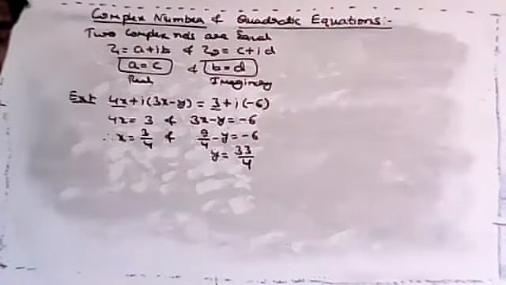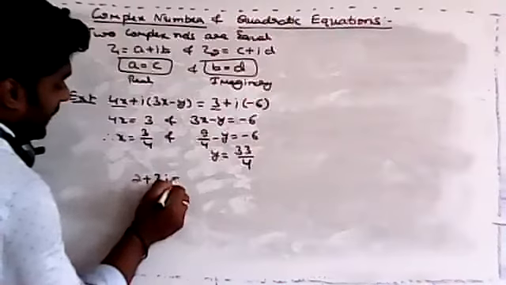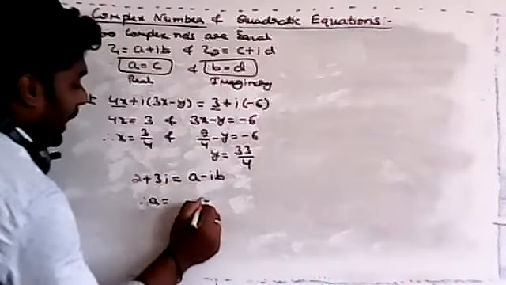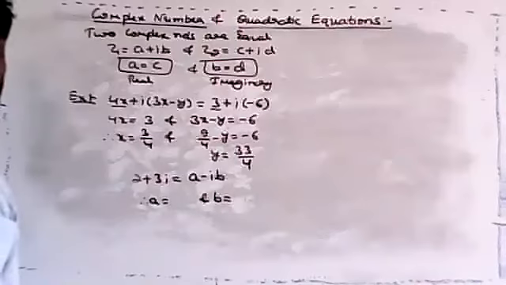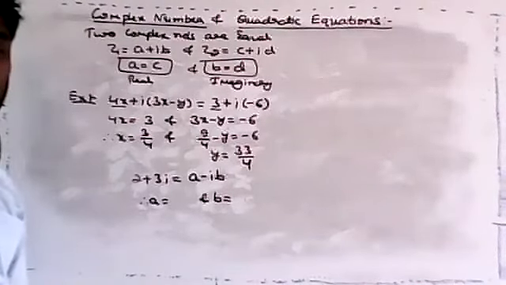Okay, now I'll move on to algebra of a complex number, meaning properties of that one. In the same way, I'll take one more problem. Can you tell me the value for this one? 2 plus 3i is equal to a minus ib. Can you tell me what is the a value and what is the b value? What is the real value and the imaginary value?